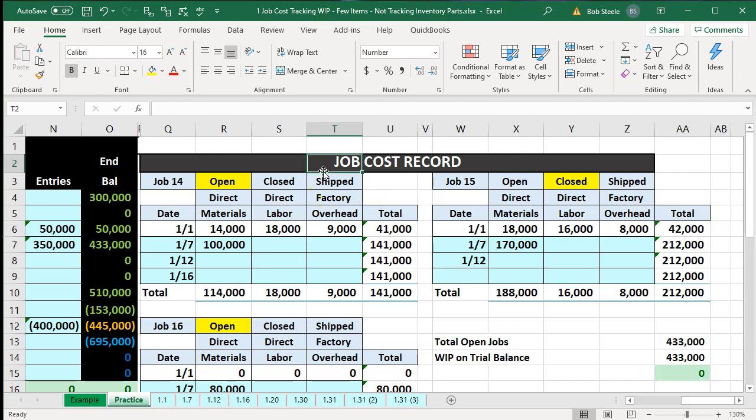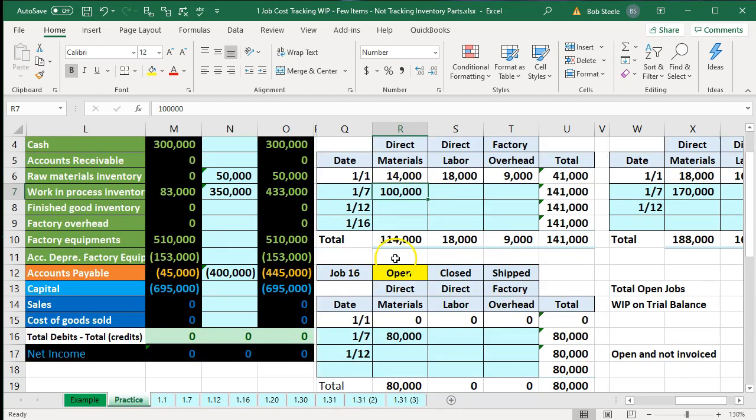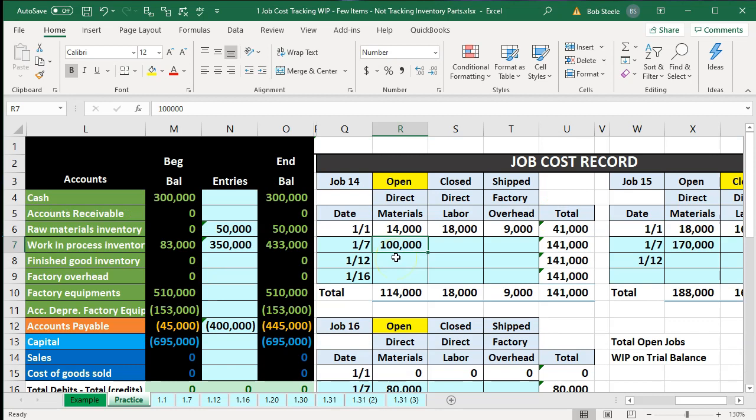Notice how much work it took for us to do that. I had to actually enter the transaction here, then enter all the items that apply to the particular job, and then check and make sure that we're back in balance. And not only that, but we don't have a lot of detail. I didn't break it out between the types of materials. I didn't say, hey, this is what we bought. We bought wood, we bought stucco, whatever. We bought a bunch of stuff. We just put it into direct materials. So we could imagine a more detailed job cost sheet, which we'll think about once we go to the QuickBooks